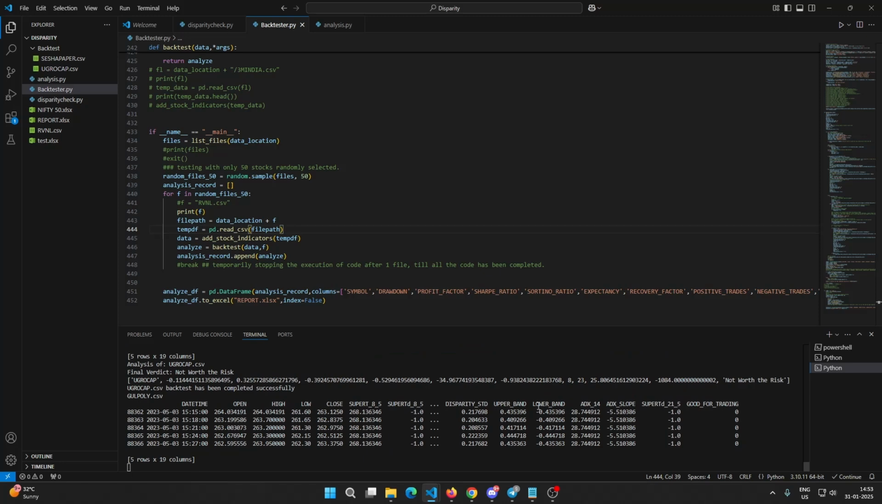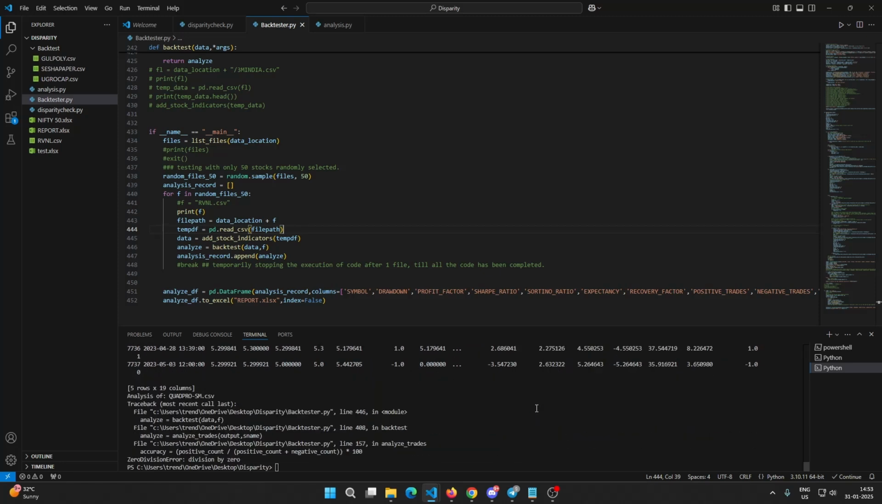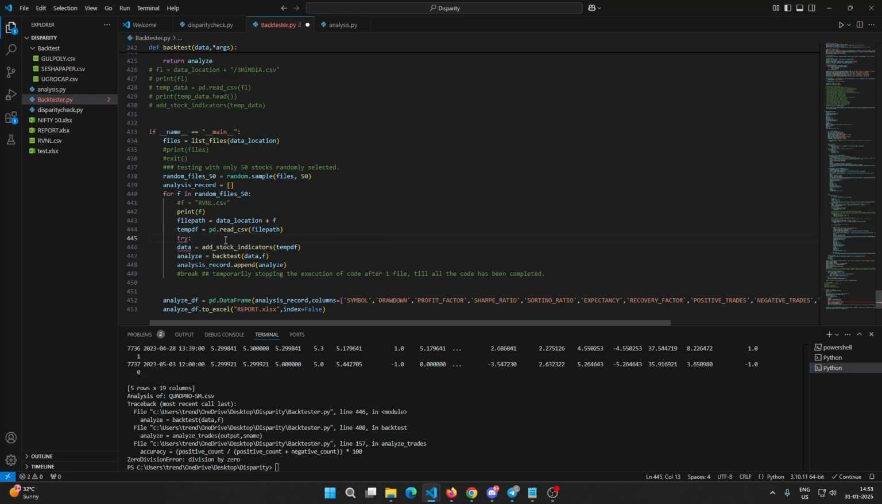So what I'm trying to check for here now is if there is any stock which is divisible by 0. Let's do this. Try. Since there are errors, I'll just engulf this in try so that